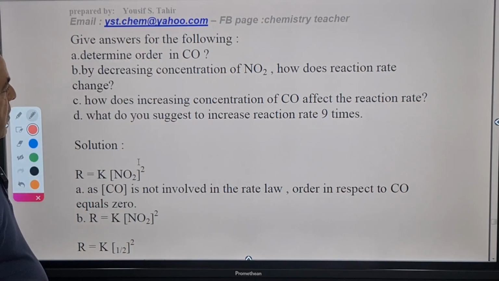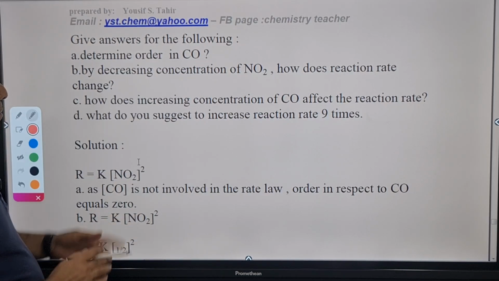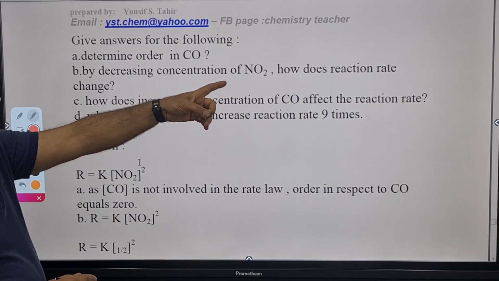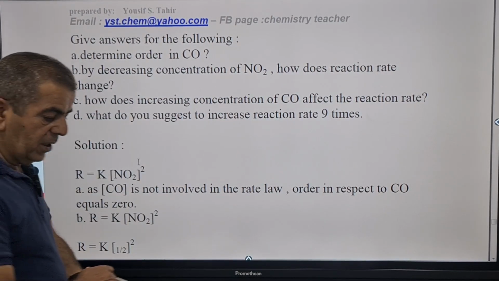Okay, we can answer the following. Determine the order of CO. Of course, CO doesn't affect the rate, that's why it is 0. Its order is 0, so it doesn't affect and is not included. By decreasing the concentration of NO2, how does the reaction rate change? We said that